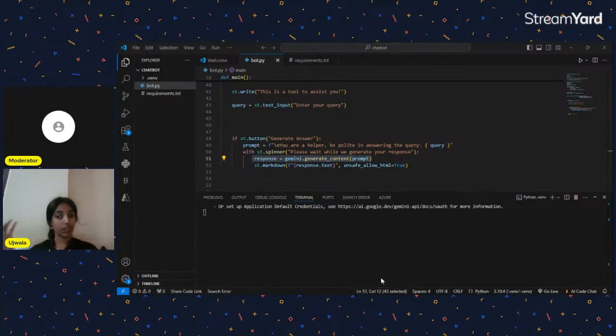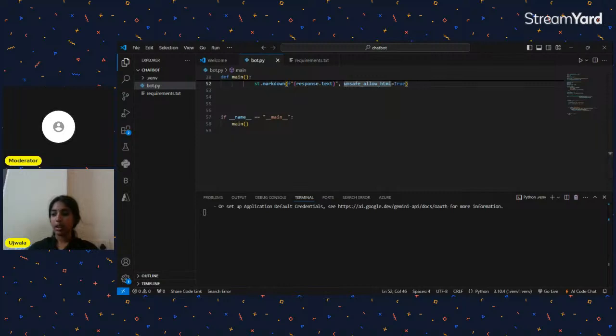Now chatbots can be very complicated, but there's a very simpler one where you're taking a prompt, you're giving your own prompt of how that bot has to work, and you're giving the API. Now you're doing nothing, you're just giving an API. The API call will happen, it will retrieve the answer, and that answer is stored in a response. Now that's all you need to do. And when you run this bot,